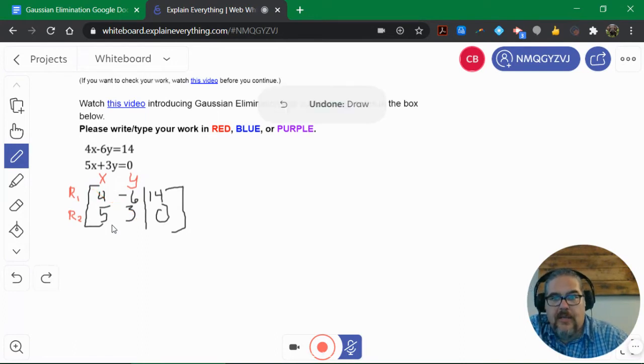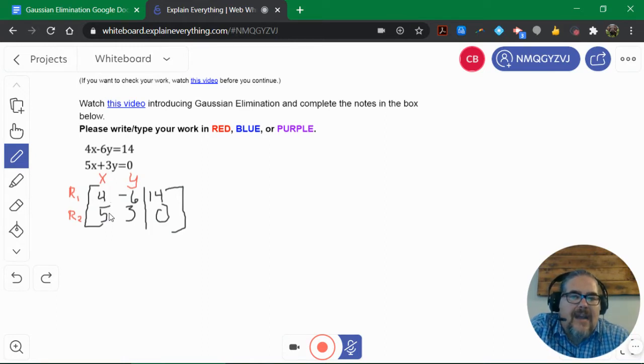Okay. So we're going to go ahead and try to figure out how to do that. So the first thing I want to look at is, how do I make this 5 a 0? Well, the only way to do it is to manipulate the value of the 4 and the 5, right? So I need a number that 5 and 4 go into. So 20 makes sense. So what I'm going to do is rewrite this, and I'm going to go 5 times,